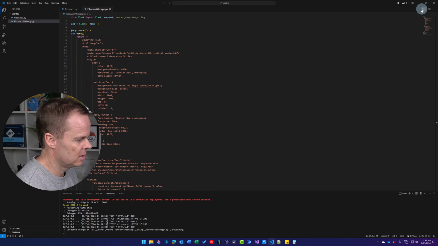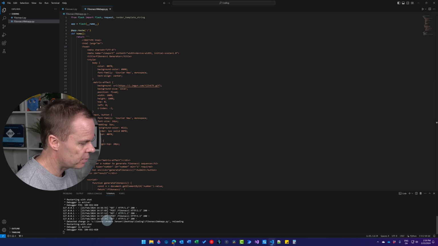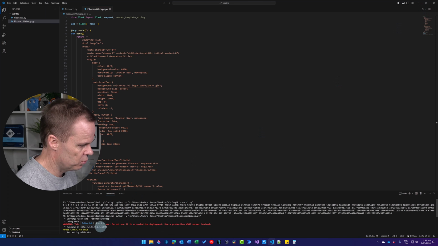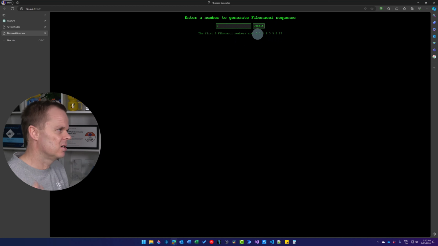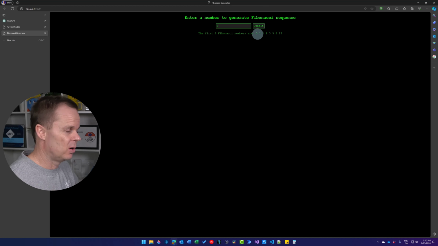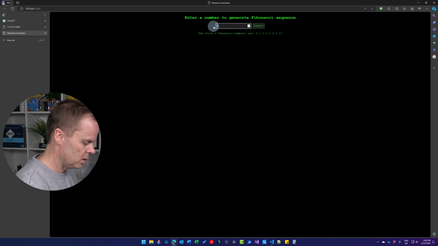So when I click Start once more, I can go up here and press Control, open up in the browser. Here it opens. Now we can see that we have a cool matrix theme. So for example, if I want 8 Fibonacci numbers, the first 8 Fibonacci numbers are shown, and we are staying on the same side. So we are not, like before, having to jump back and forth in the URL. I can also try to say